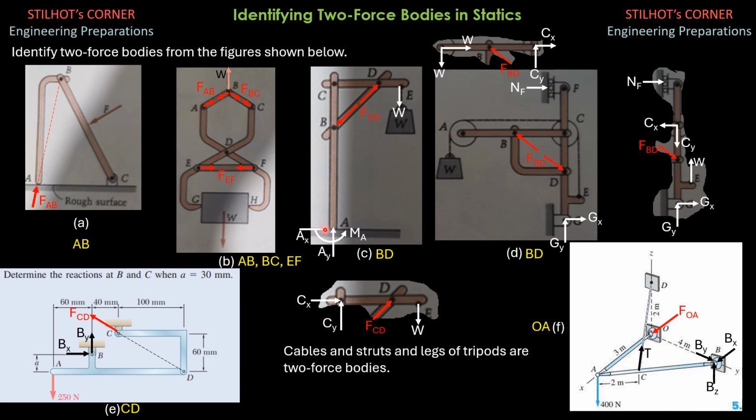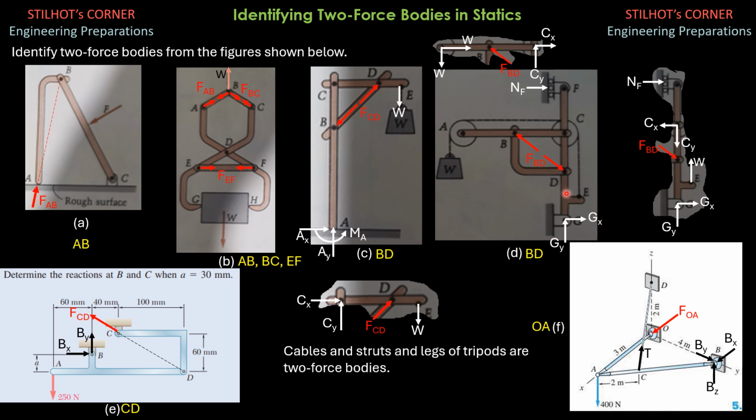So you have AX, AY, and moment at A for support A. Summation of forces in Y, you can conclude that AY is W. Summation of forces in X, you can conclude that AX is 0. And finally, you sum up moments about A, then moment at A, counterclockwise in this case, equals clockwise moment, which is W times whatever that distance may be given in the problem.